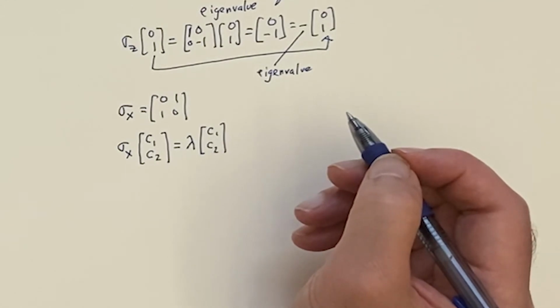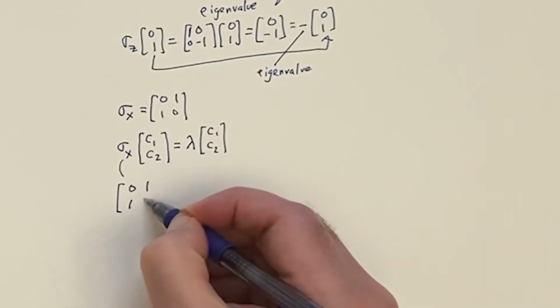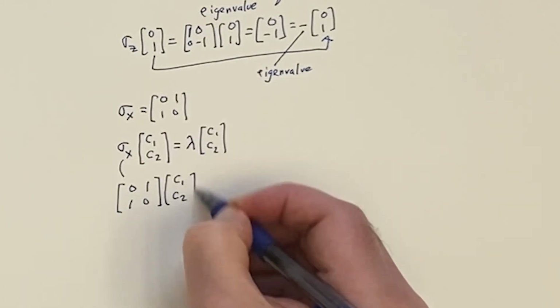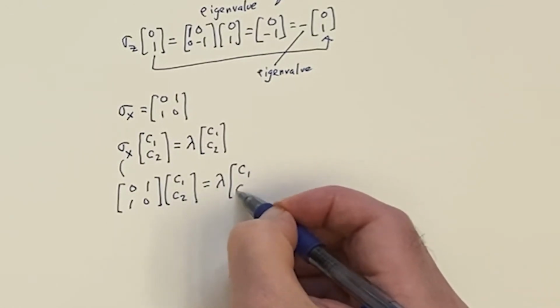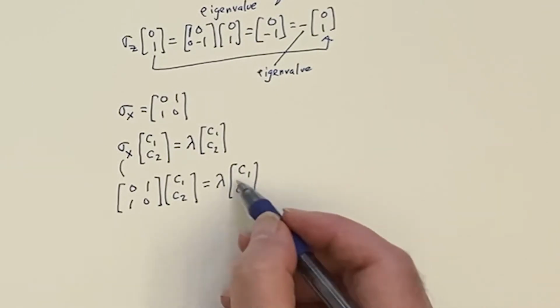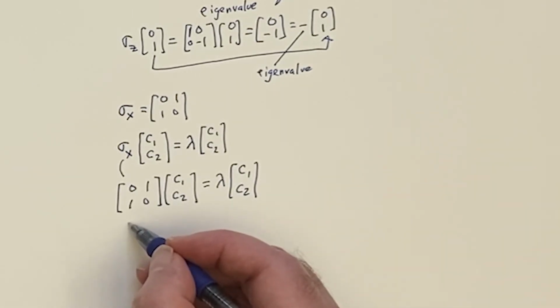Well, if we put in for what this is, (0, 1; 1, 0) and then C1, C2, that's equal to lambda times C1, C2. The trick is to subtract the right-hand side from both sides, and then if you do that, what you'll get is,